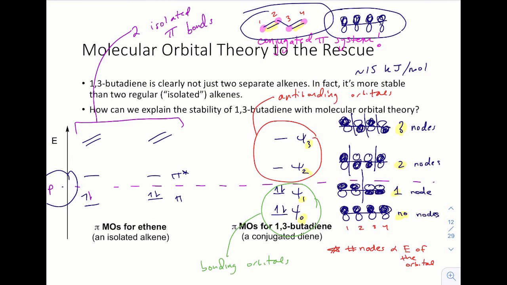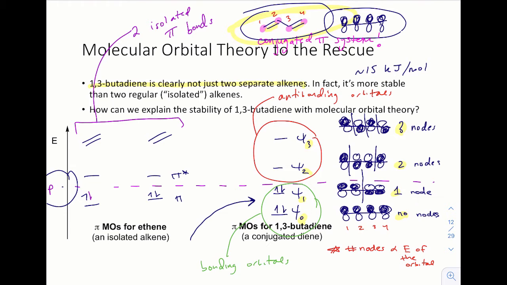And believe it or not, we have now shown why 1,3-butadiene is clearly not just 2 separate alkenes next to each other. We can see that overall, the 4 electrons in the 2 lowest energy pi molecular orbitals, which are multi-center orbitals,